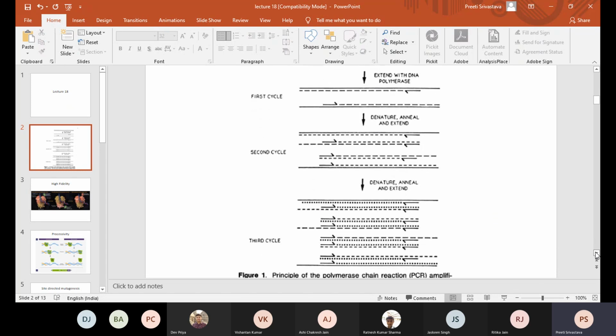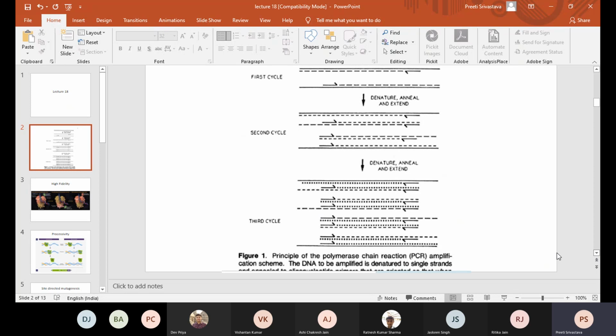But what is important to notice is that because of the binding of the primer, this part is not there. So in the next cycle, this part will be missing, and slowly as the cycles increase, the DNA will get shortened and shortened depending upon the place where the primers were designed.